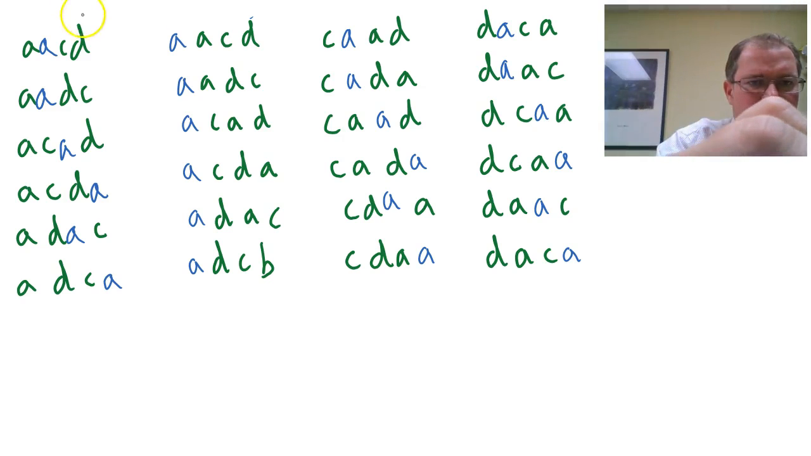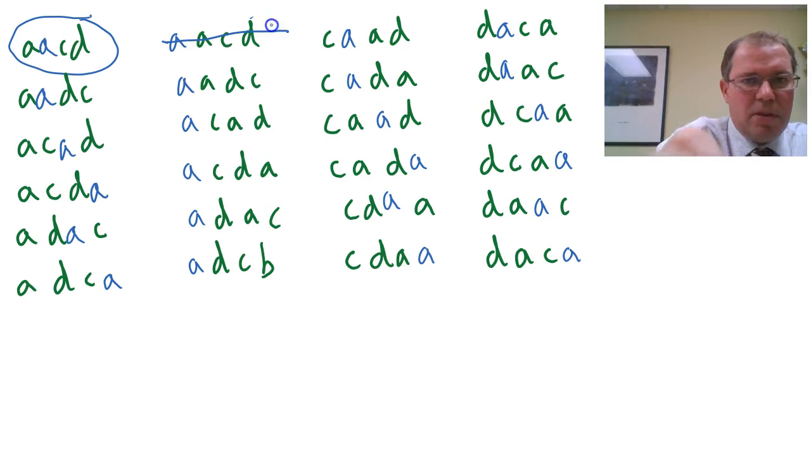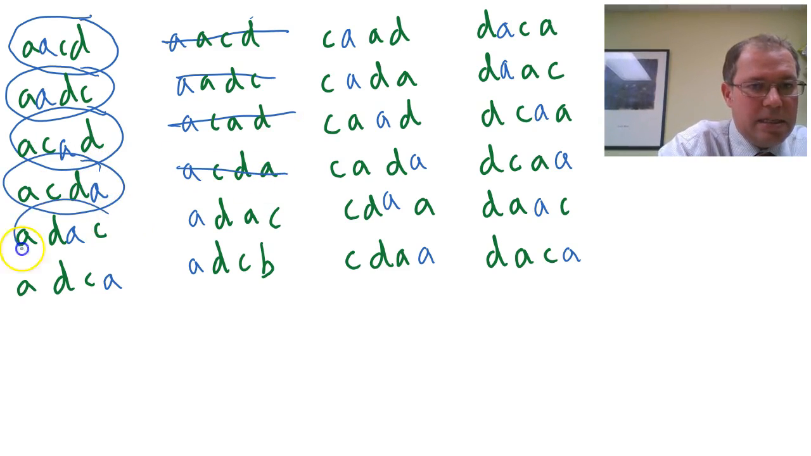It's quite interesting because obviously if I consider the AACD, have I got any more AACDs anywhere? Yes, one there, so cross it out. Let's have a look at AADC. One there, cross it out. ACAD, one there, repeated it, cross it out. ACDA, cross that one out. ADAC, cross that one out. And ADCA,